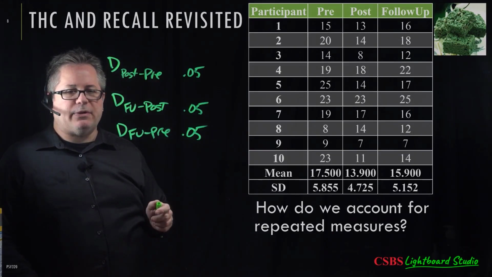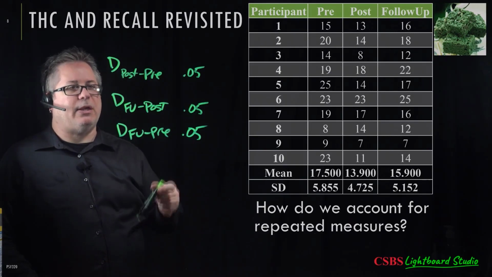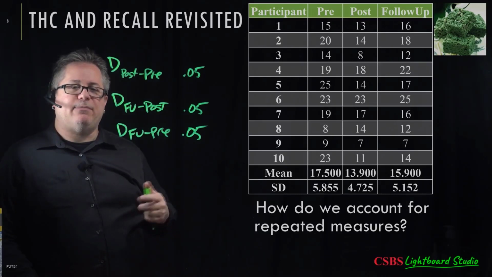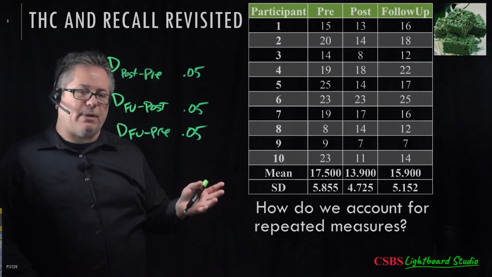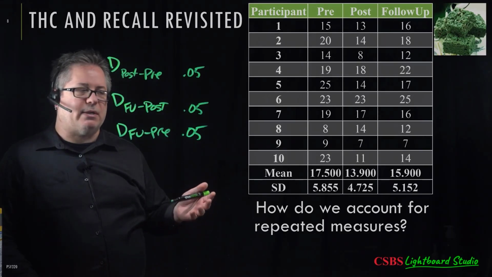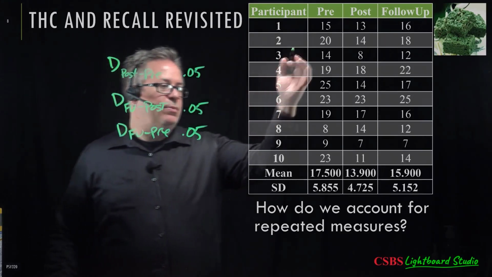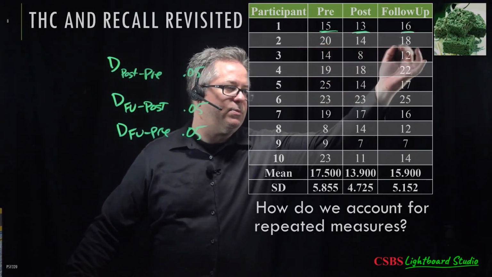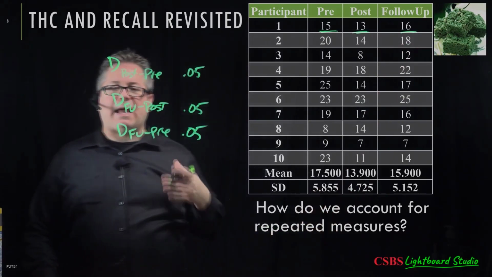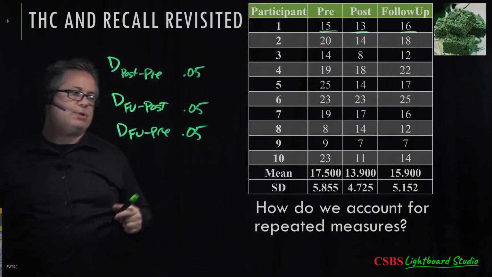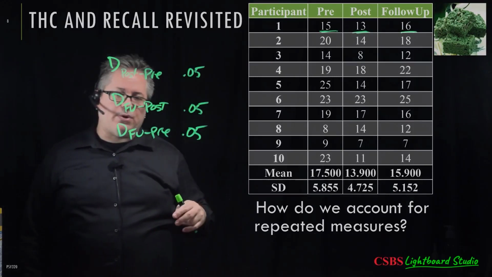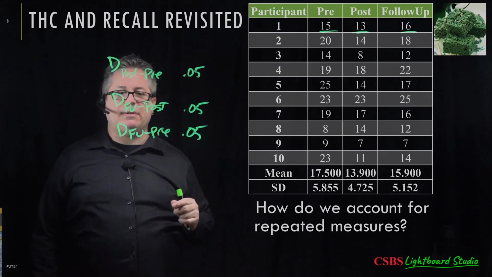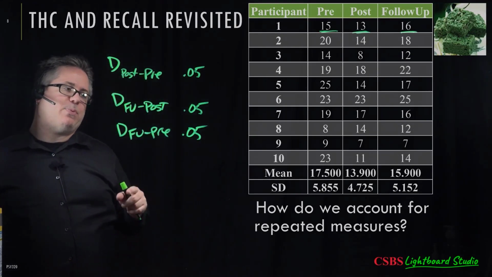Well, one thing that's unique about repeated measures, so not only can we subtract scores because they're from the same person, but as soon as I have more than a couple scores from any one source, I can take an average. I can take person number one's pre-test score plus their post-test score plus their follow-up score, divide by 3, and get an average recall for person number one. I can get an average recall for person number 2. I can get a bunch of participant means,